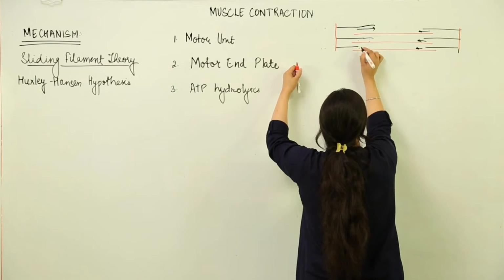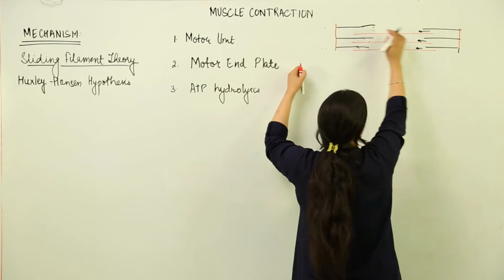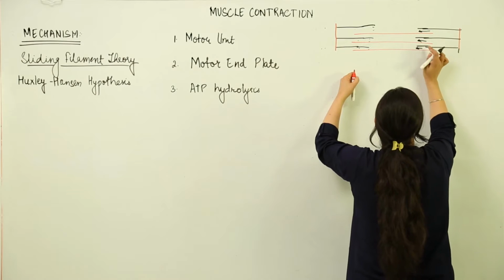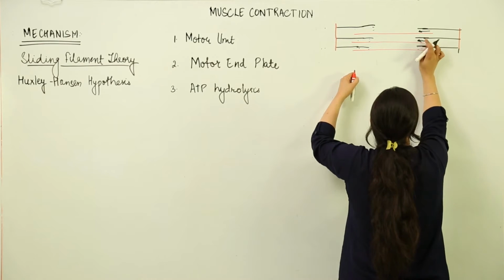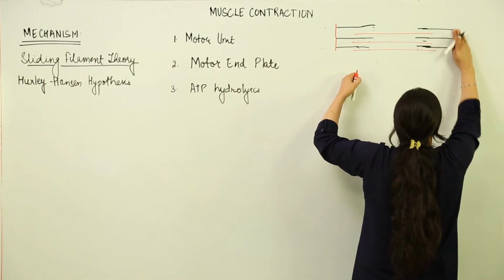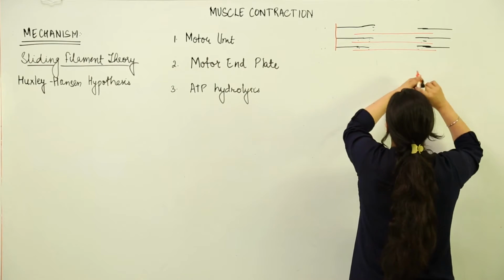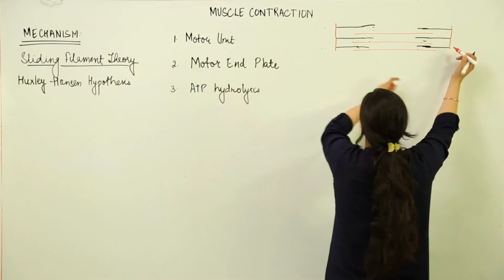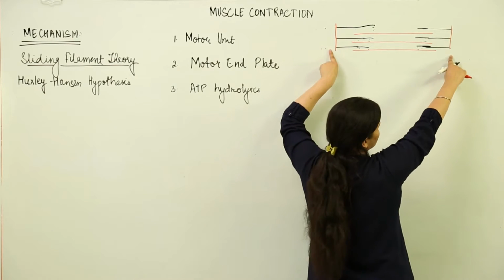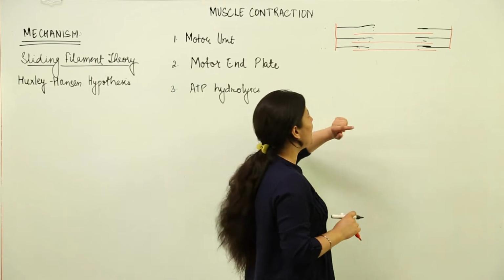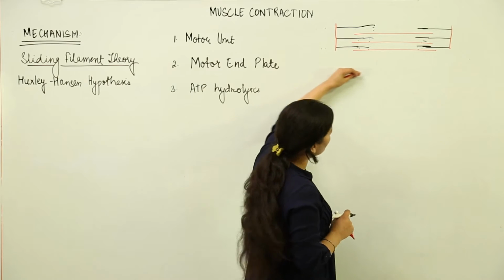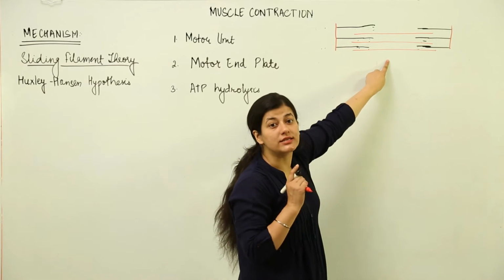so that we can justify the contraction, or the movement that has taken place, which results in shortening of the sarcomere, as you must have seen. As I have shown over here, we have seen a precise shortening of the sarcomere. I started with a sarcomere that began from here till here. Now it has contracted this much, and that contraction has come as a result of actin filaments moving over the myosin filaments, which stay stationary.